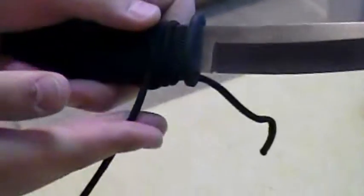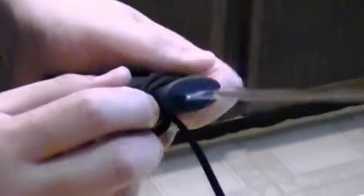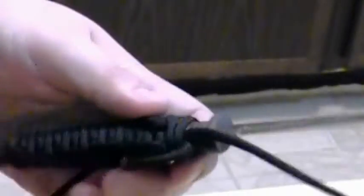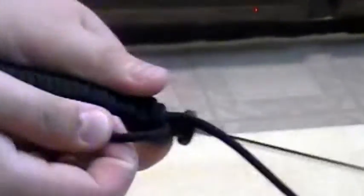And then what I would normally do is tie it, snip right, make a figure 8, snip it, burn the ends, and the figure 8 helps keep it from coming unknotted. Okay, so at this point you've got your completed subhilt, and what you need to do next is adjust it. So you can see right now it's a little tight for me, so what I'm going to do is pull on this bit here,